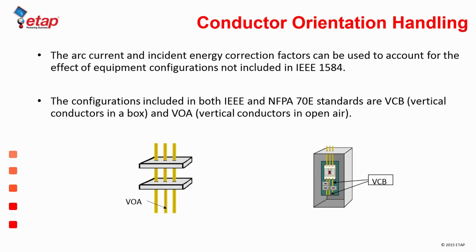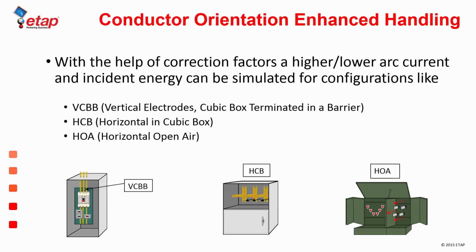So for most of us, maybe 80% of the locations that we label will probably be like the pictures, where you have your bus coming in vertically, and they could be in open air or they could be in a box. So both the 1584 equations provide correction factors for both of these instances. However, as an enhancement, with the help of correction factors,